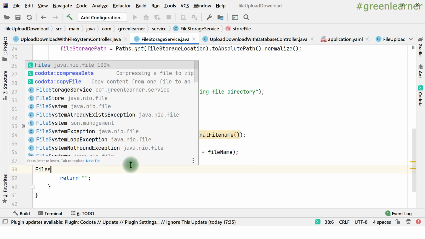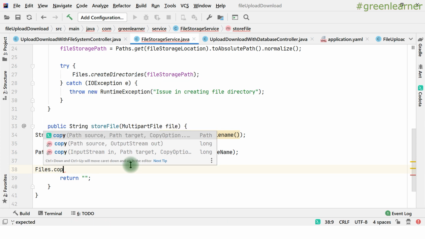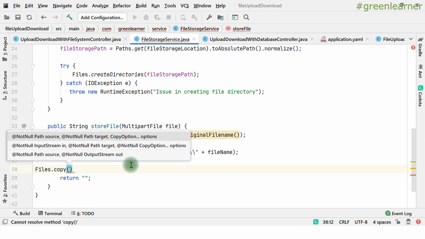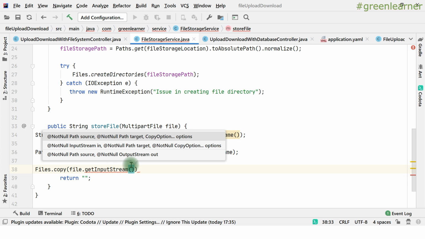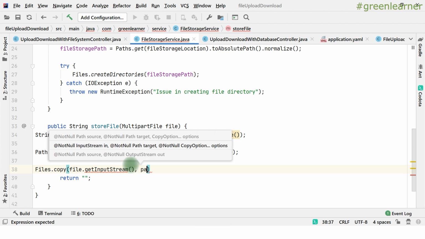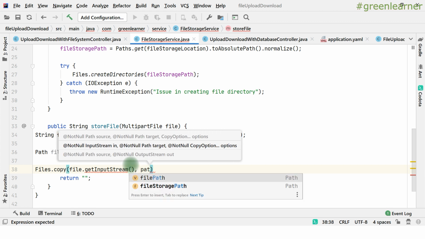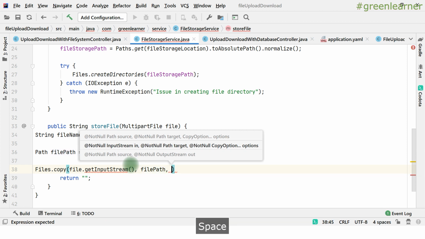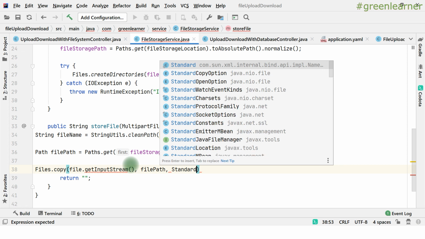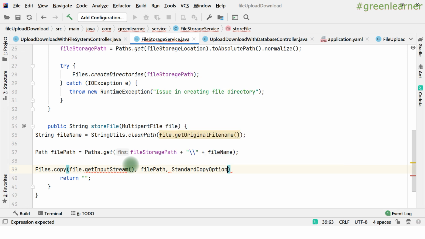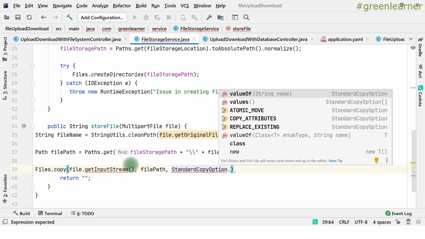Now just copy the content that is there. So copy, file.getInputStream, and where to copy this one: I want to copy it to this file path. There is a third parameter that I want to give here, the copy option, StandardCopyOption. There are different options here, right? So atomic move, copy attributes, replace existing.